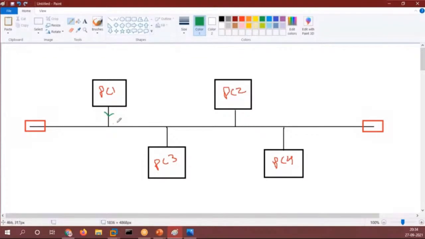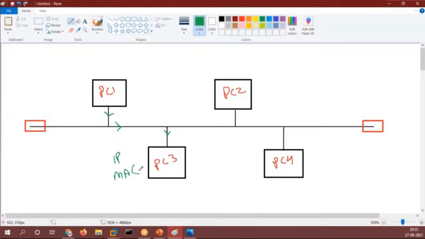The data will be traveling in the backbone, and the data will be visiting this node, that this data is meant for you. Now, if that data is meant for PC3, what will PC3 be doing? It will be checking the IP address of that data that is written and the MAC address.